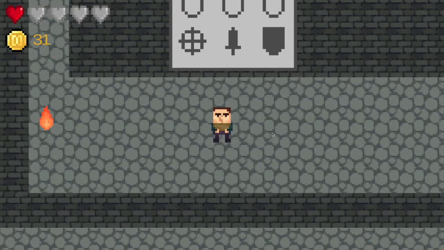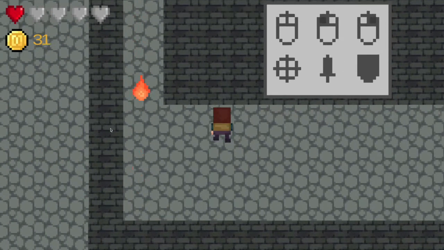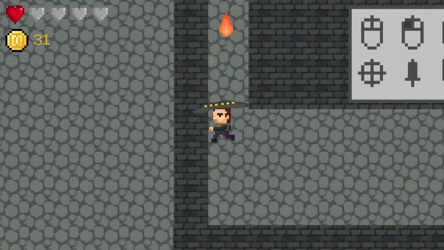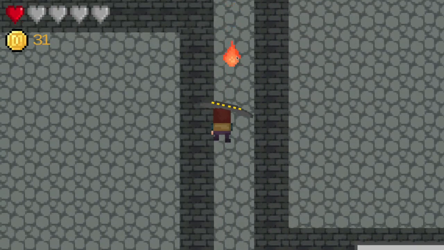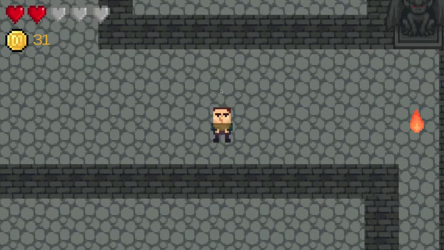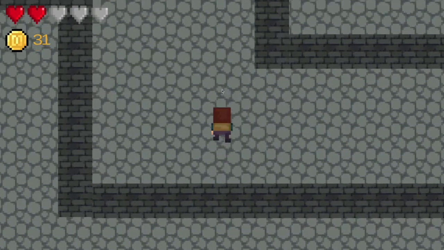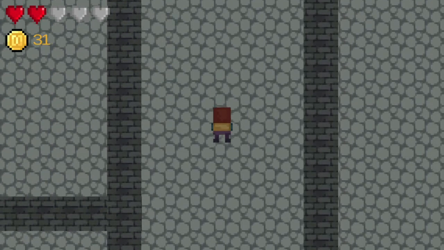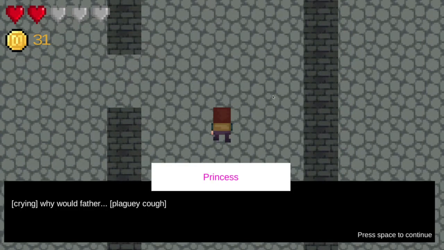So it might have been nice to have a static, something like a training dummy or something, because you're already on one hub. Yeah, but anyway, there we go. Right. Oh, that's right, there's a heart too. That's good. I'm pretty sure that enemy did like 3 damage to you though, so having 2 hearts doesn't necessarily...